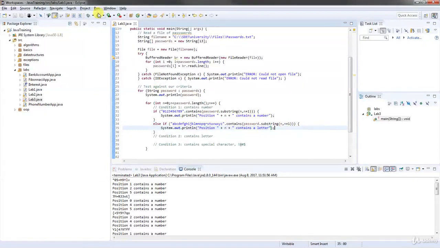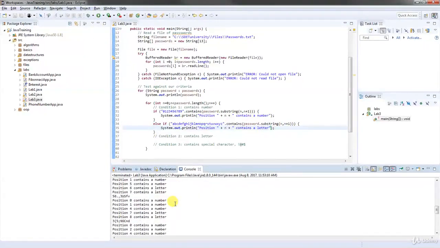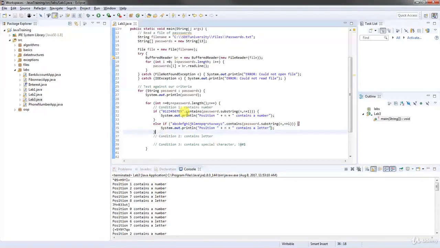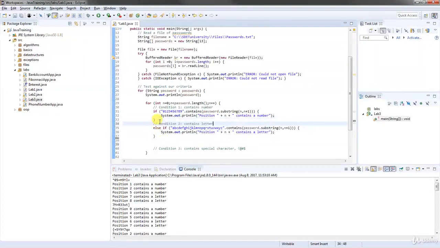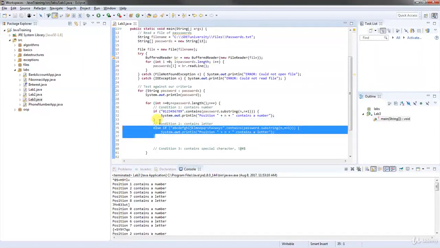And now we're going to run this. So there we go. So now we have all the letters. So in this case, we have a number, letter, and number, letter. Okay. Okay, so very good. Now you can imagine what the last one's going to be. So we need one other one to see, an else if